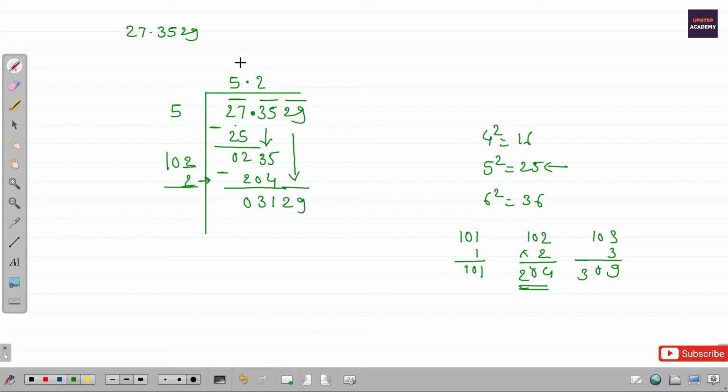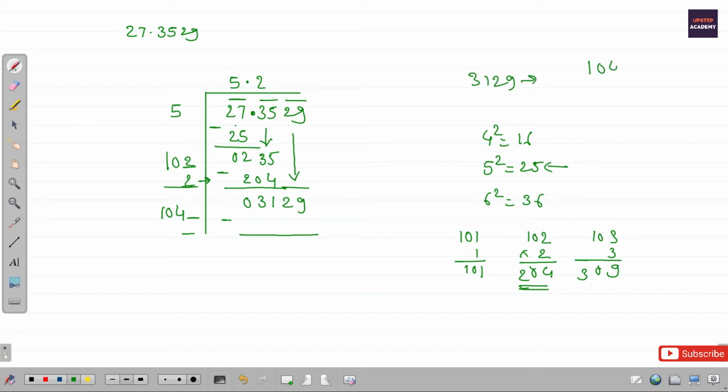Okay guys, so here what is the number we got? 52 is the number we got. Now 52 into 2 is how much? It is 104, and we will keep space for writing one number. We will multiply this whole number by the same number, and we will write that multiplication over here. Which number we should take in front of this 4 is totally dependent on which number we want over here. So 3129 is the number we want.